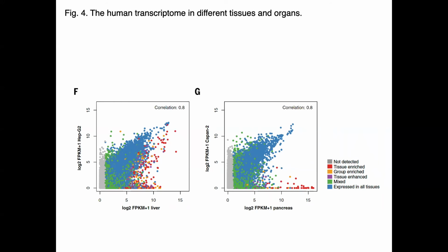So these 2 figures are pairwise comparison of mRNA levels between normal tissue and cancer cell lines, okay? Each dot here represents one gene, similar to the previous figure, okay? So figure 4F is a comparison between normal liver tissue and a liver cancer cell line named HepG2. Similarly, G is a comparison between pancreas normal tissue and a pancreas cancer cell line